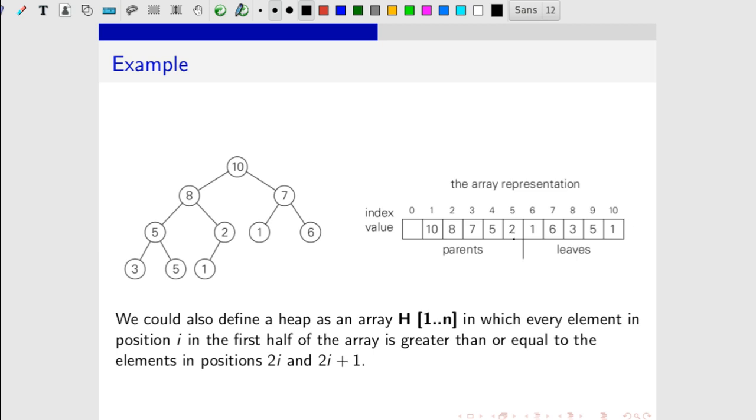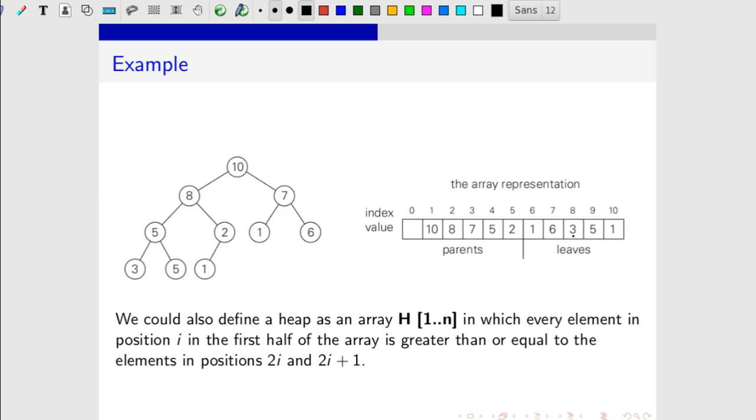So, generally I can say that the parents are in the first half and the leaves are in the second half. If you take any element, you can get the parent by taking the index divided by 2.